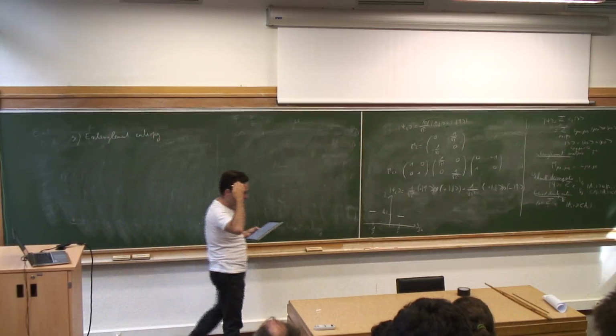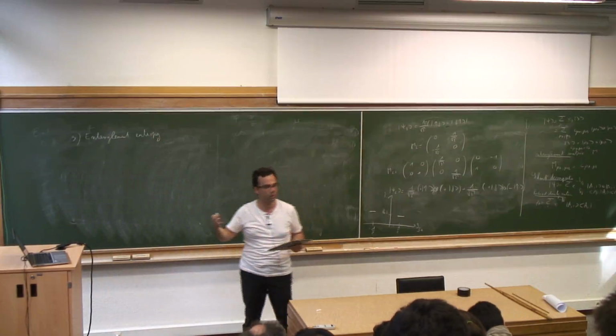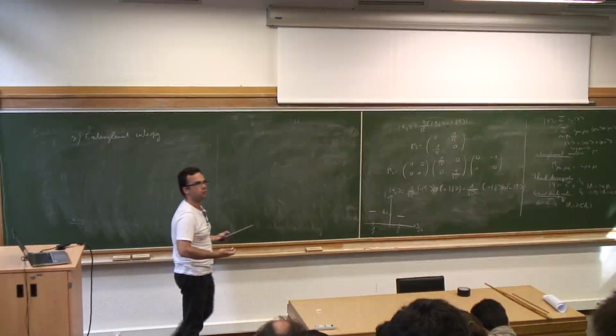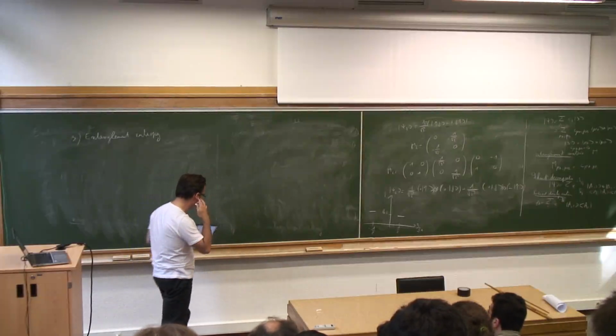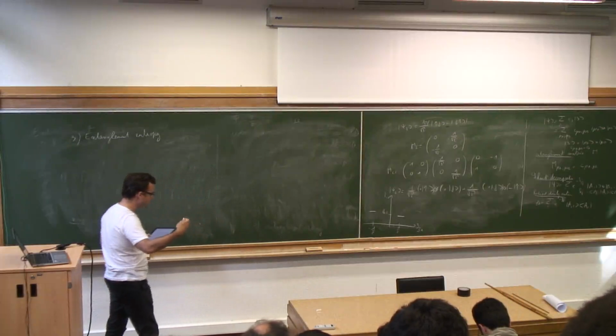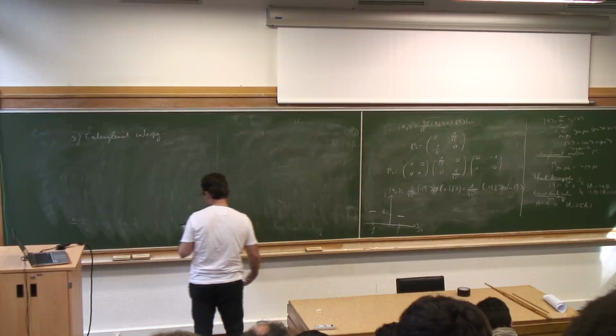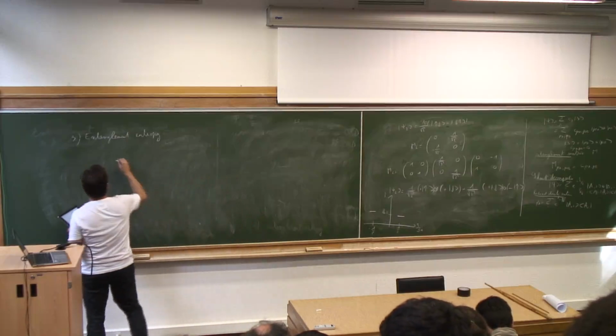Well, the question is the following. How can we quantify entanglement in a system? There are many ways to do that. You have many ways to give some number, just to say how entangled are two parts of your system. Maybe the most natural one is